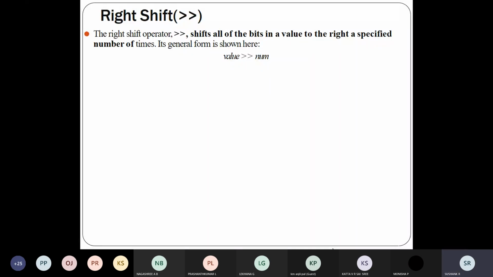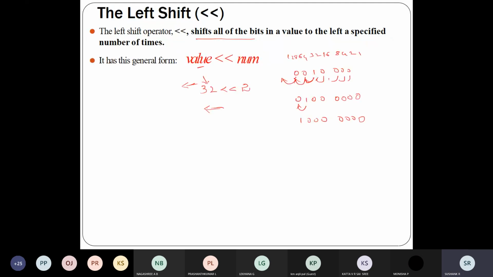In the previous example I was moving 32 to the left-hand side. If I perform the right shift, I'll be moving all the bits of 32 to the right-hand side, and the empty bit will be filled with 0.